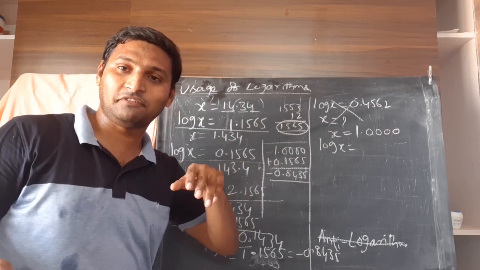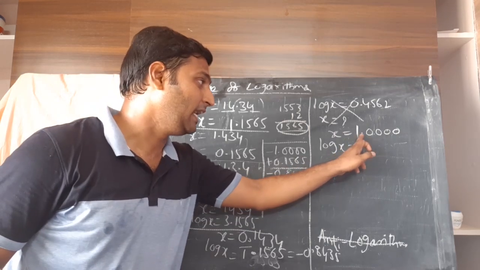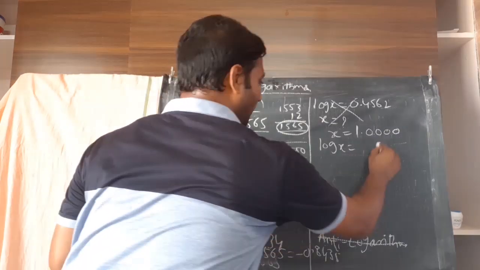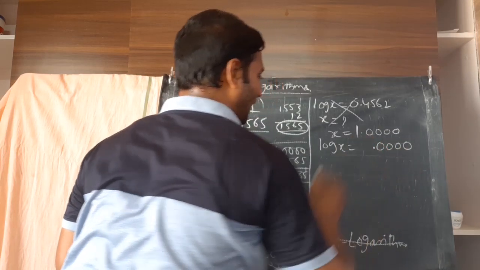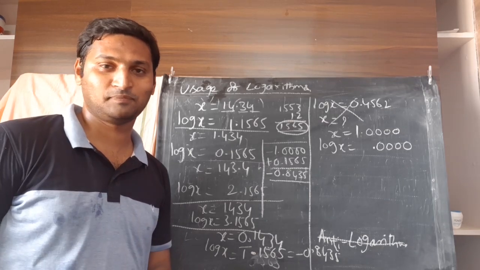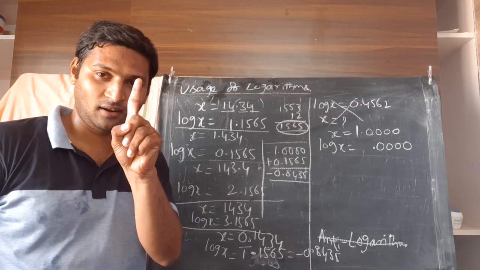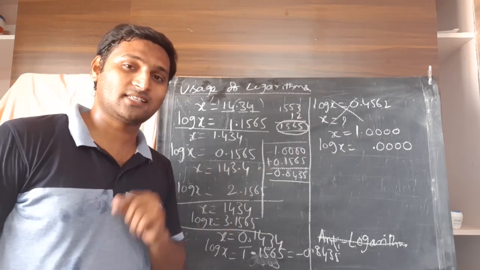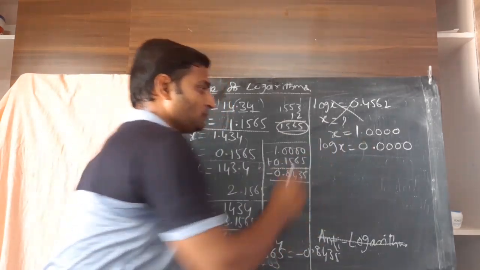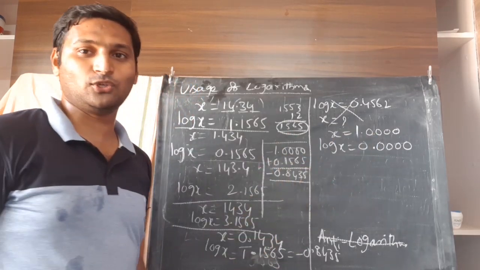But if you check the mean difference column, there will be no 0. You can't check zeros for mean difference. That means you see only 10 under 0. Check your log table. 10 under 0 will be 4 zeros. So your mantissa will be 4 zeros. Now comes the characteristic. Before decimal, how many digits do you have? 1. And to get characteristic, what should I do? N minus 1. That is 1 minus 1. How much? 0. So if x is 1, log x will be 0.